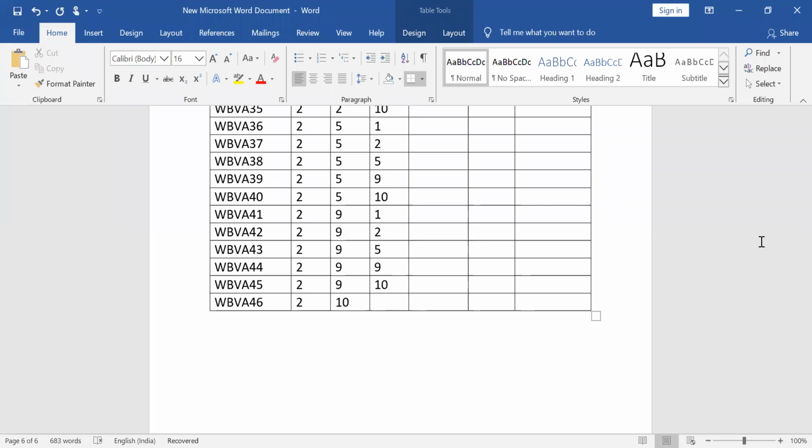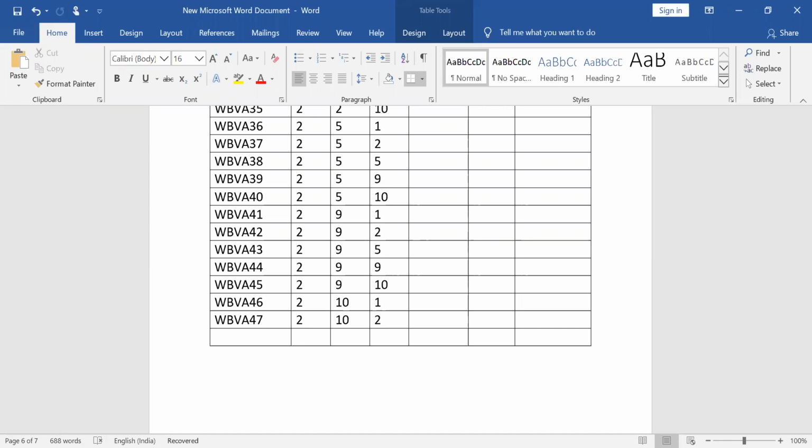So outer loop 2 will be over. Remaining 3 you need to just do it. So this is 10 is okay with respect to this 1. WBVA 47: 2, 10, 2. WBVA 48: 2, 10, 5.